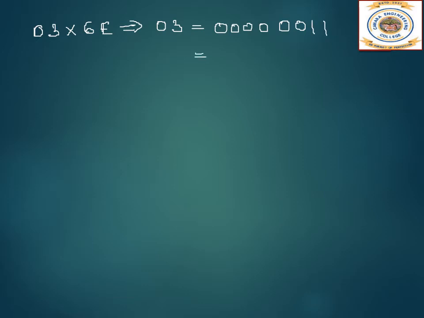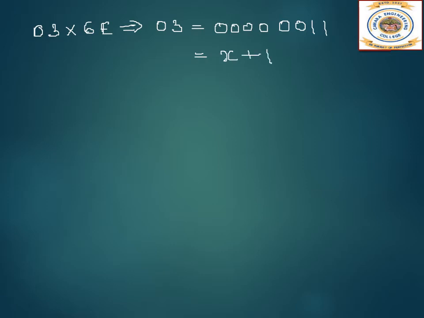Now we will multiply the next term. The next term we have to multiply is 0, 3 into 6e. First let us see how to represent 0, 3. 0, 3 in the binary form I can write as 0, 0, 0, 0 and 0, 0, 1, 1. Now I have to write the polynomial equivalent of this. So the polynomial equivalent will be x plus 1.